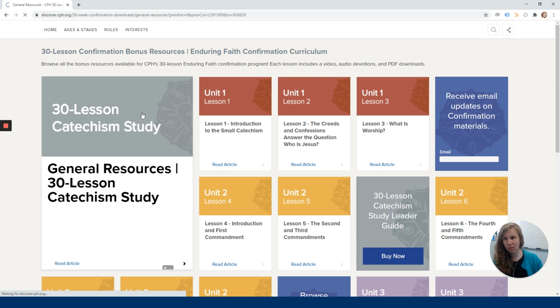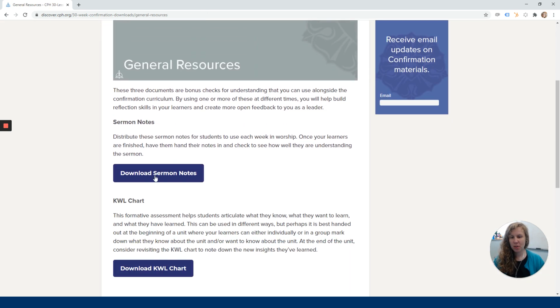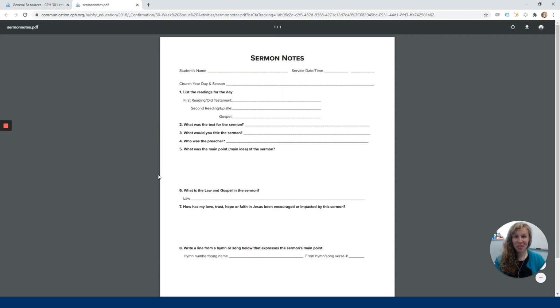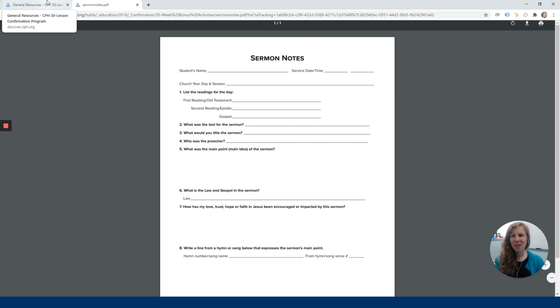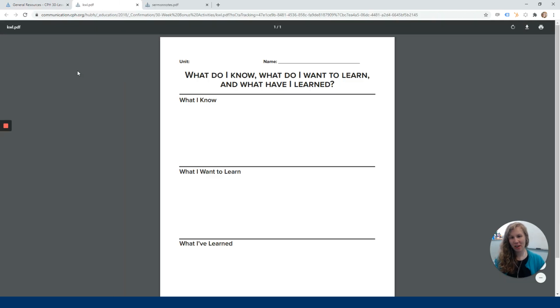So let's start with the general resources. There are three things in the general resources. First thing is sermon notes. I know that many of you already ask for sermon notes, and in my experience, each church has had a little bit of a different way of doing it. But if you need a template, here is one you can just pick up and use and share with your confirmation families. The second thing is a KWL chart, and that stands for what I know, what I want to